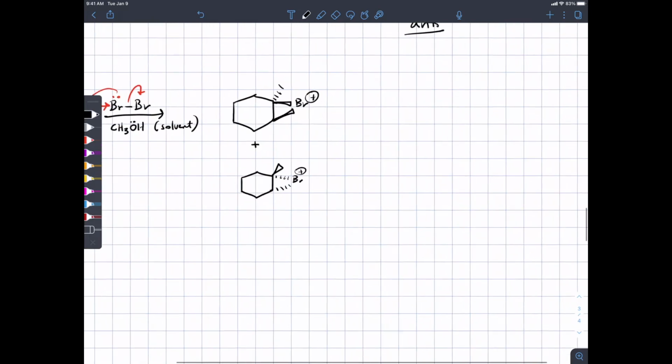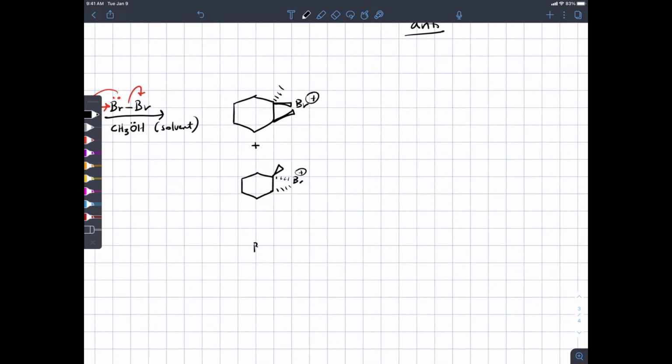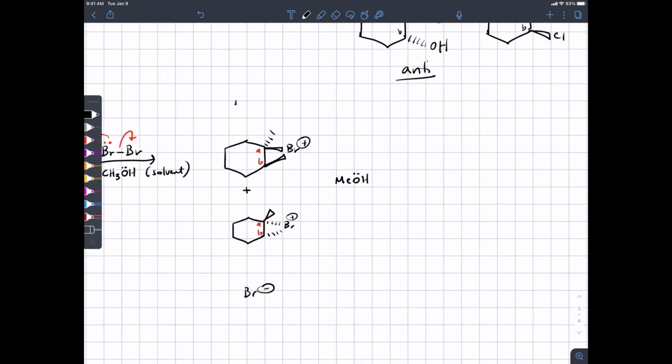Okay. Now, Br minus was our leaving group, but it's going to get outcompeted by methanol because the concentration of methanol when it's the solvent is really high. Which of the two carbons should it attack? And what we're going to do is consider the analogy of this bromonium ion. It is like a protonated epoxide in the sense that you have a three-membered ring with a really good leaving group